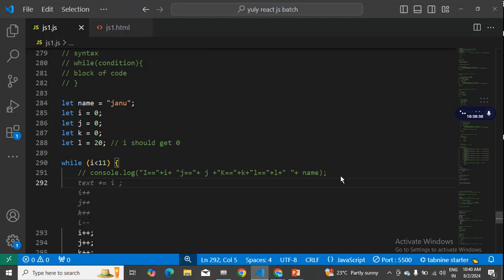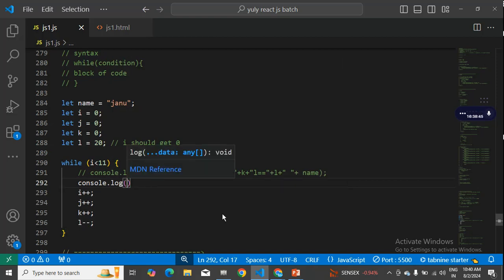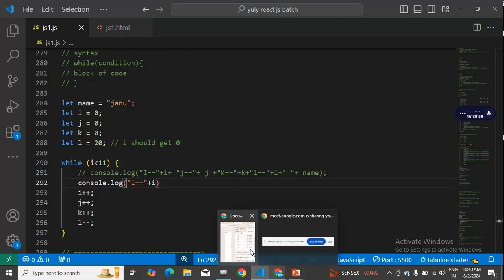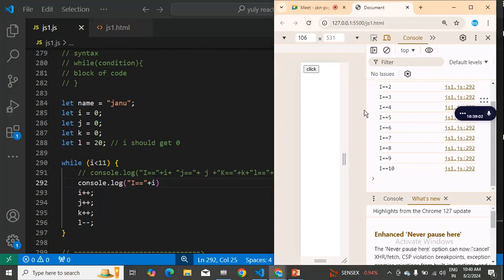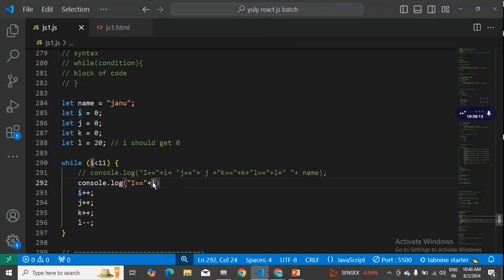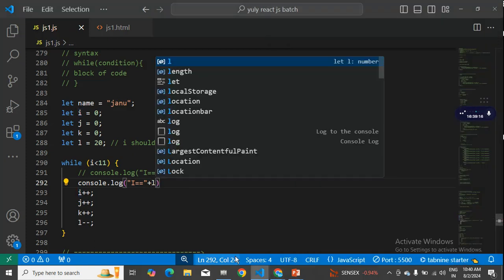Okay. So what will be the output? See, I'm able to print the I till the iteration of 10, right? So till the iteration of 10. So what if I just make this as L? Sorry, what if I make this as L? So till what iteration is it printing? Again, it is printing till 10 only. Why? So if it wants to print till 20, I told you